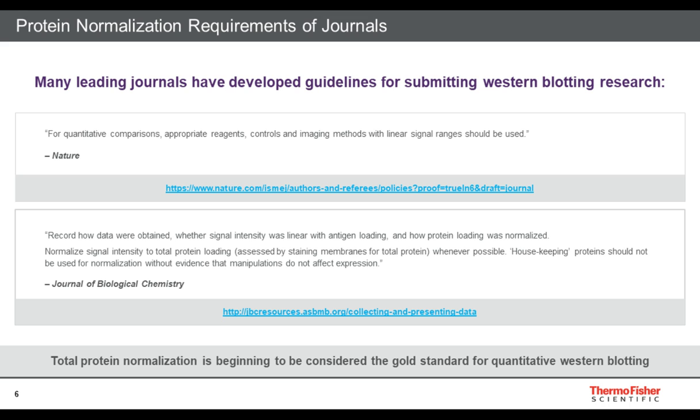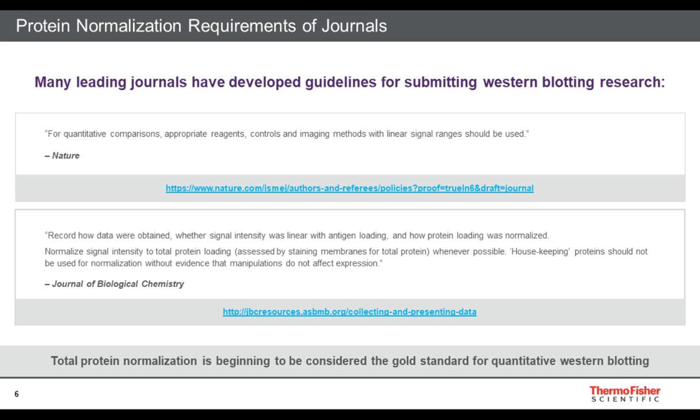Housekeeping proteins should not be used for normalization without evidence that manipulations do not affect expression. Now, it is really not easy to determine in what cell lysate the manipulations that are being used are affecting housekeeping proteins, in which cell lysates the concentrations that are being used in an experiment would result in signal saturation, right? So this recommendation from JBC that you need to ensure that the housekeeping protein works for your experiment means